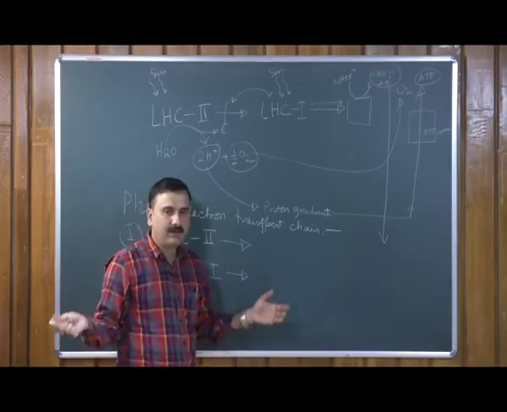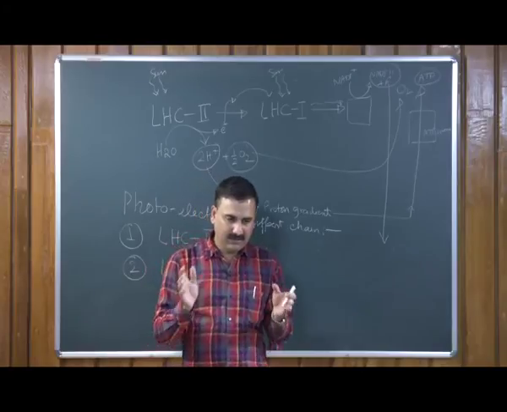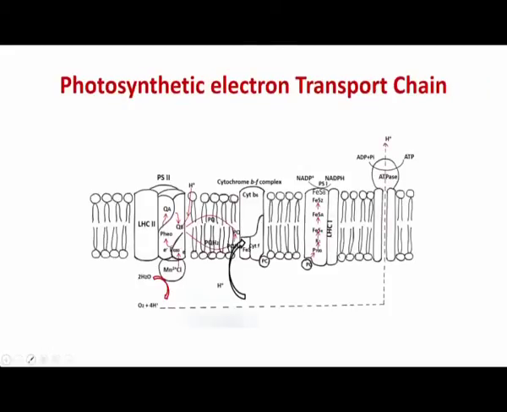These two can communicate with each other, as you can see in the slide. So there are two types of photosynthetic electron transport chain. Downstream to that, there are two different types of photophosphorylation events happening, either in the cyclic reaction or in the linear chain, and all these participate in generating the ATP.